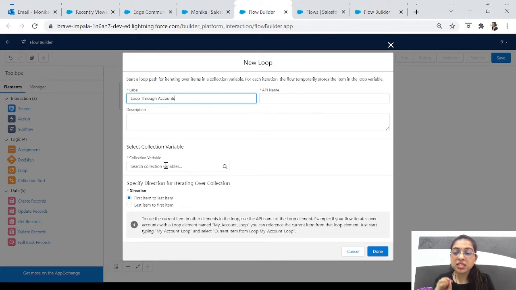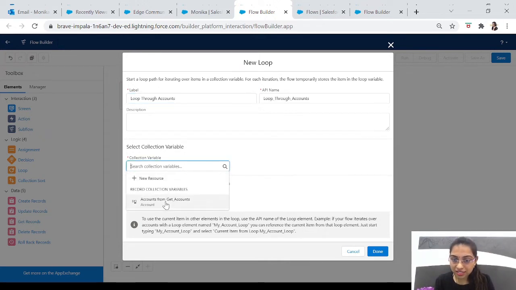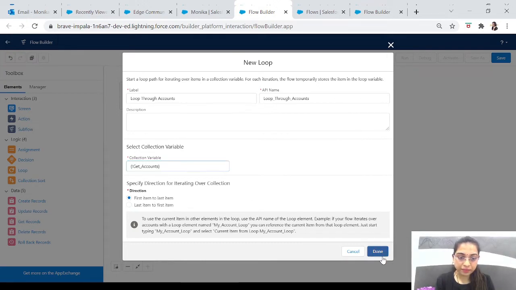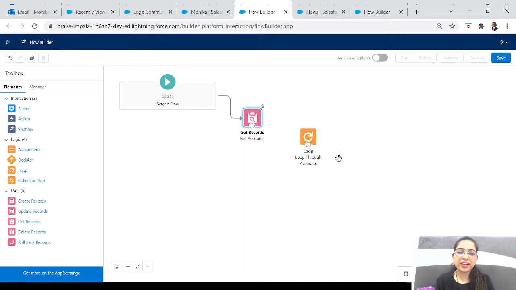Okay, and in this we have to just add the collection variable, the variable in which we have the collection of accounts, which is our get record element. We'll go first to last and done. That is it. We don't have to add many things in the loop element. Okay, this is simple. Let's connect it.